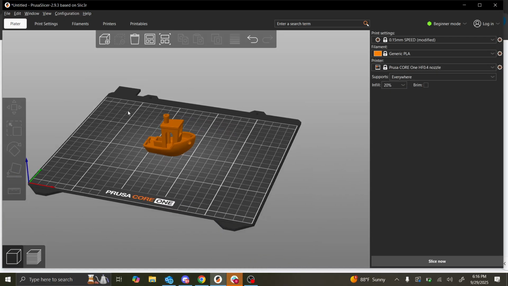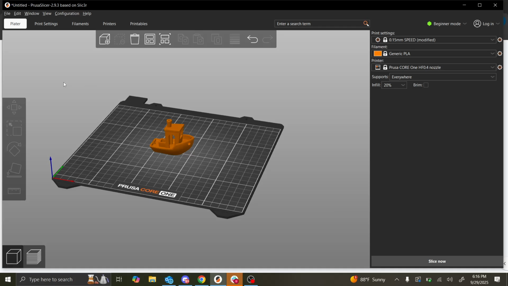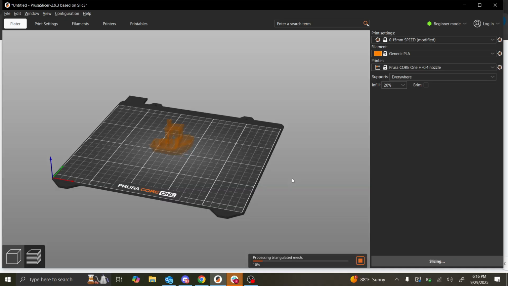But with all those settings applied, if we go back to the platter and click slice now, it'll apply all those settings to the model for 3D printing. So if we click slice, the computer will think a little bit and it'll create the